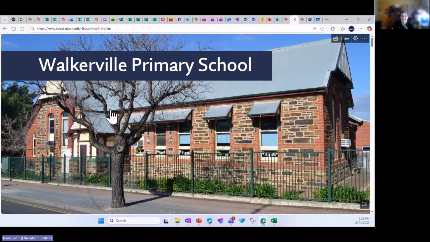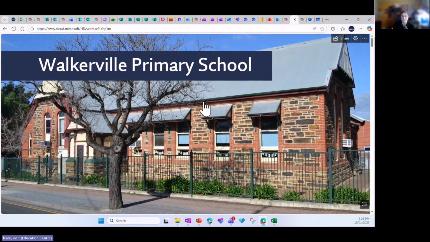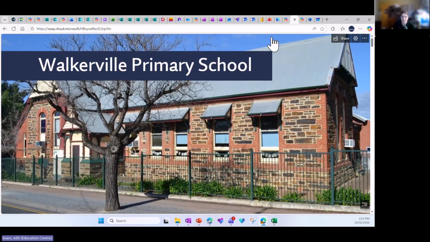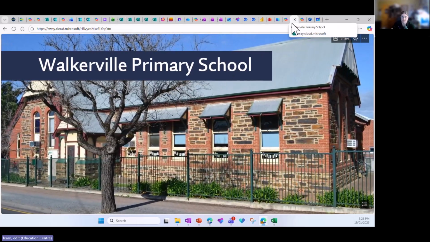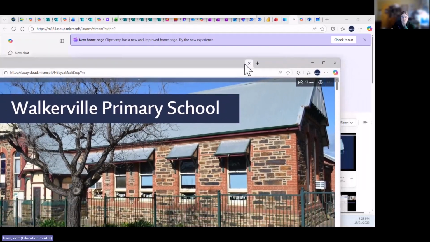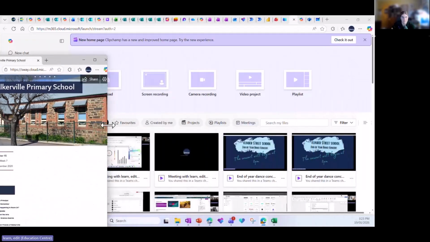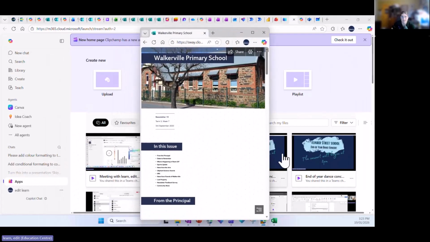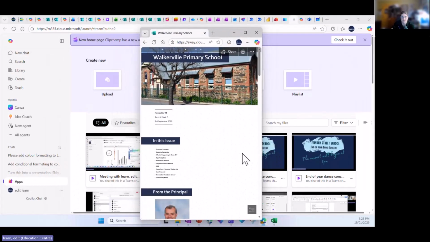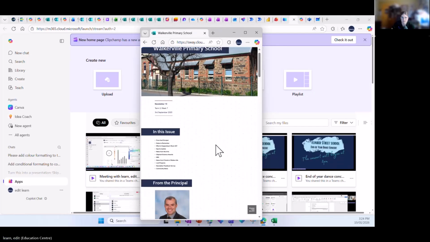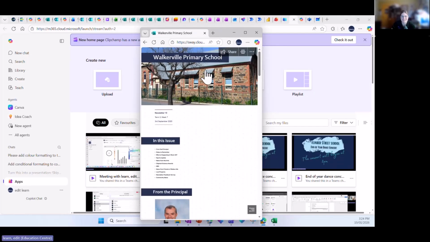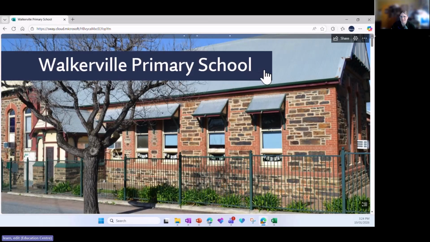And it is also really good for scaffolding information text if you're teaching your kids or your students how to do this. A really nice thing about Sway is that it is responsive. And responsive means that it will change shape according to the size of the screen. So it should, it's not going to do it for me, but it normally resizes. Let's make it big again. It normally resizes